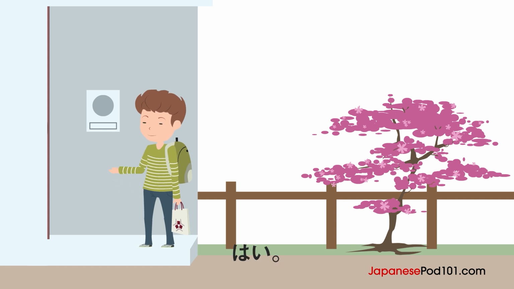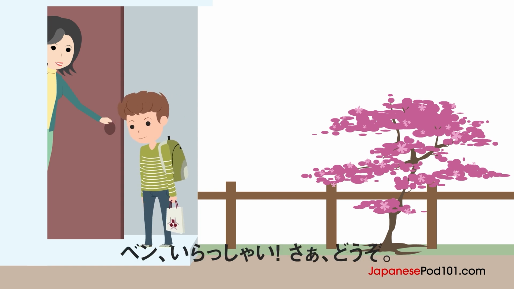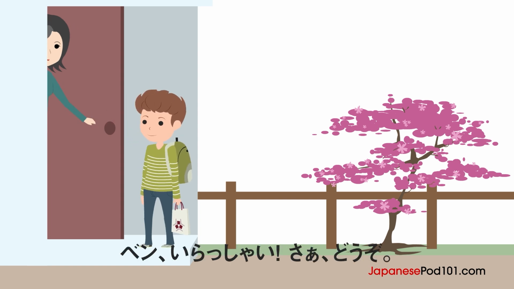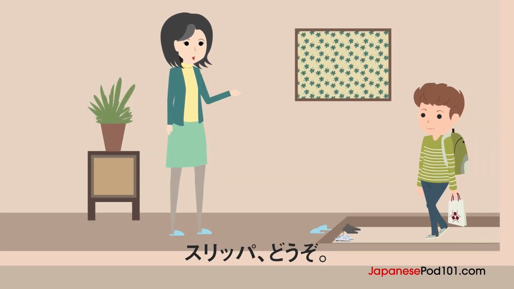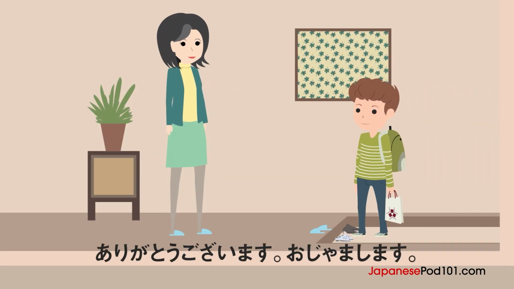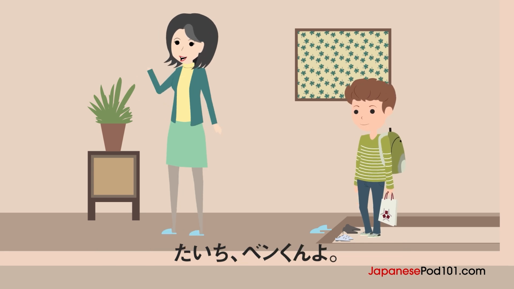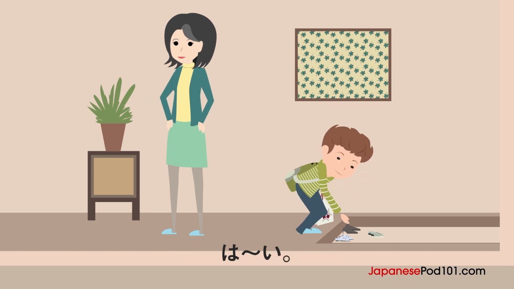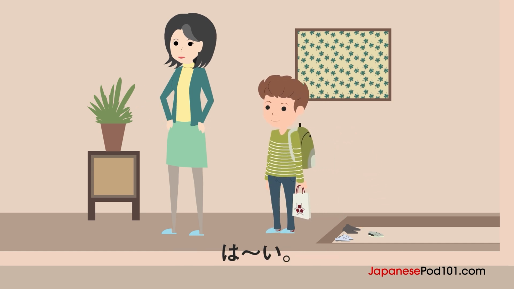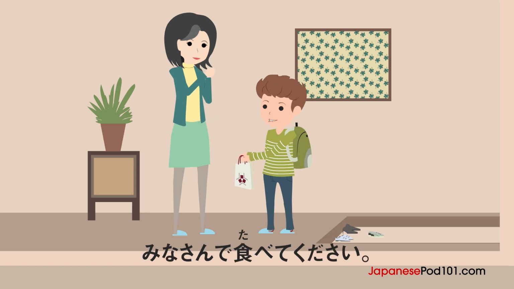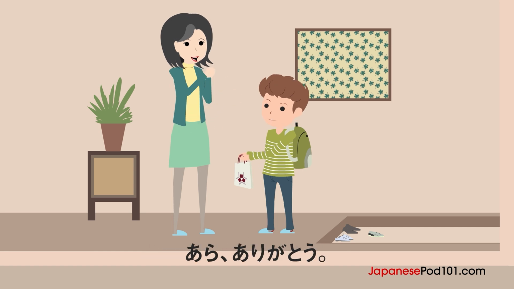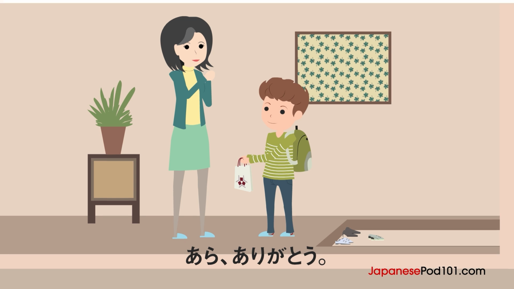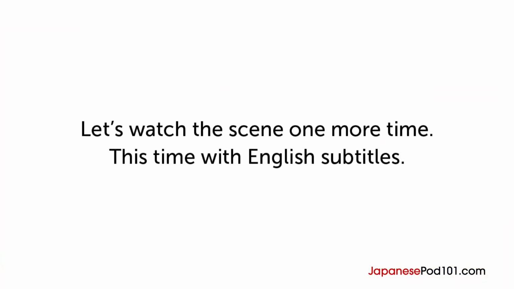はい。ベンです。ベン、いらっしゃい。さあ、どうぞ。スリッパどうぞ。ありがとうございます。お邪魔します。太一、ベンくんよ。はーい。これ、どうぞ。皆さんで食べてください。あら、ありがとう。